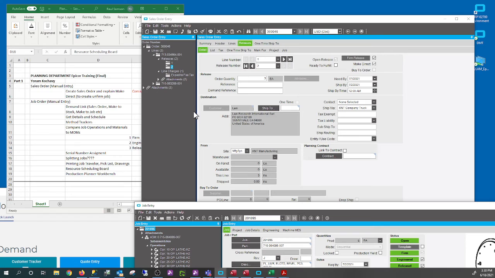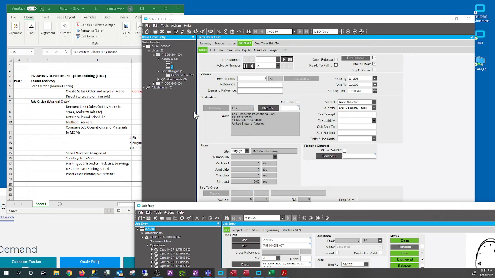Okay, I give you a scenario. We have one sale order of 20 pieces. Now we create a new job for 20 pieces. But the cycle takes so long, so we need to move. We can't wait for them to machine all 20. So after they've done machining 5 pieces, we need to split that job into another release or another job.